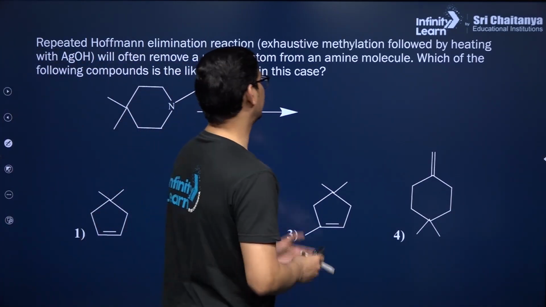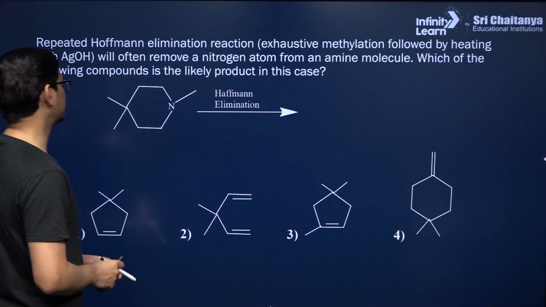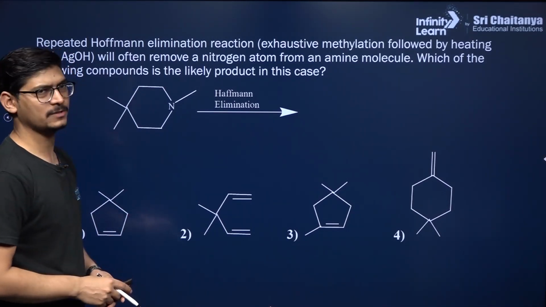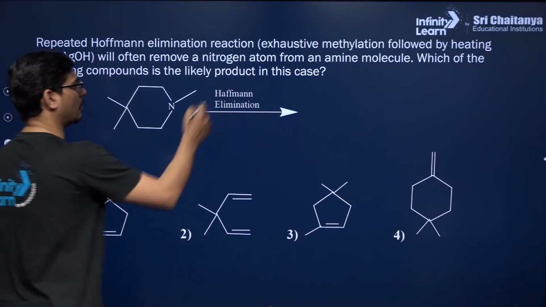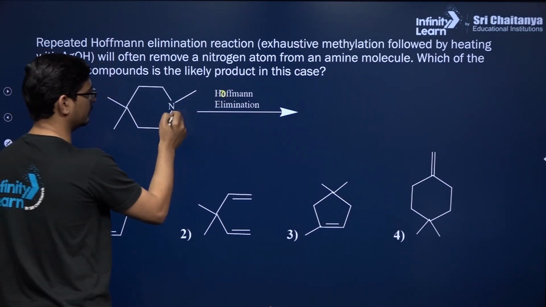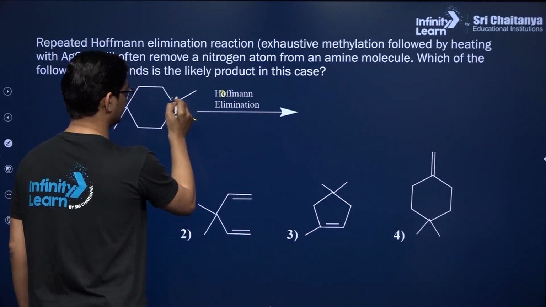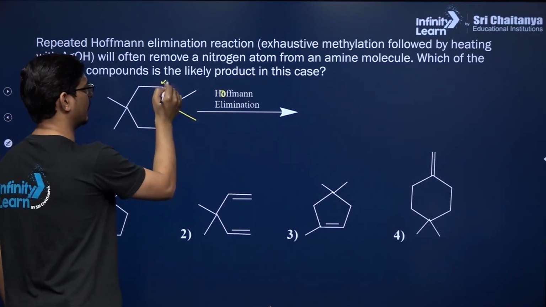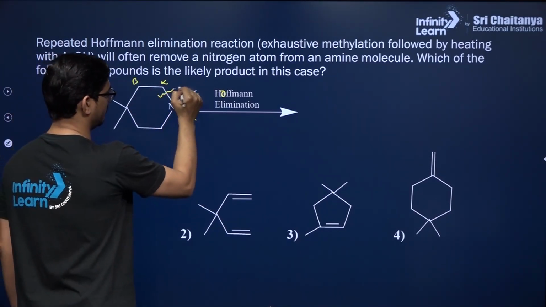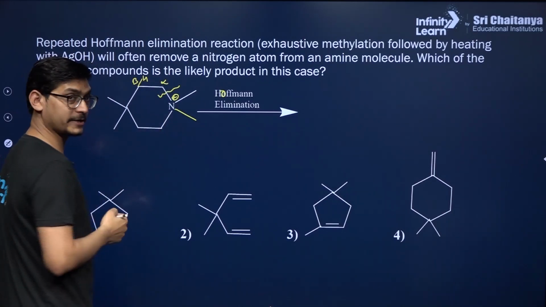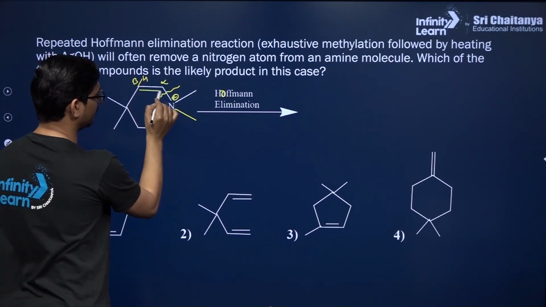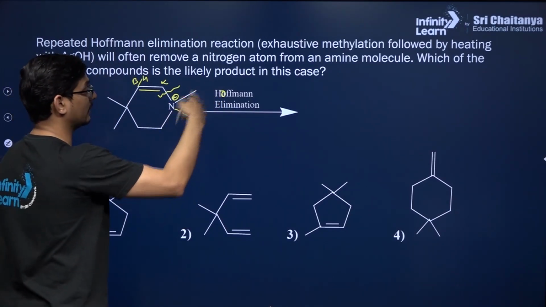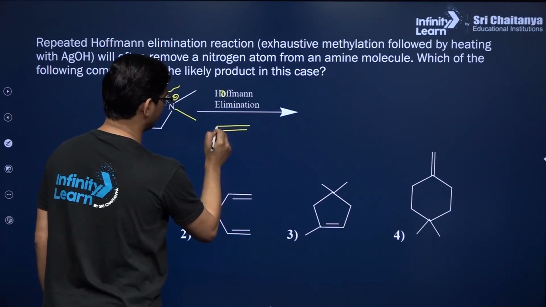Repeated Hofmann reaction, that is exhaustive methylation followed by heating with AgOH, will often remove a nitrogen atom from an amine molecule. Which of the following compounds is the most likely product, right? So this is Hofmann elimination. So this is a tertiary amine. It will react with one equivalent of CH3I, methyl iodide, and then it will undergo Hofmann elimination. So alpha, beta, this will depart, and from here we'll remove one beta hydrogen, and a pi bond will be introduced. So after the first round of Hofmann exhaustive methylation and elimination, what will be the product that we will get,